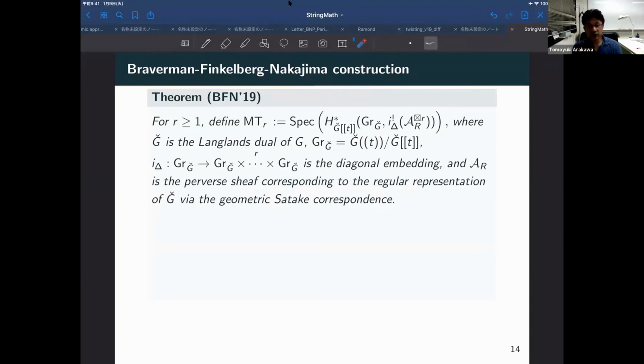But to define a finite dimensional variety, you consider an infinite dimensional manifold called the affine Grassmannian, where G check is the Langlands dual. And you consider a sheaf on the affine Grassmannian, which I denote by AR, which corresponds to the regular representation of G check via the geometric Satake. And you consider the box tensor product on this product of affine Grassmannians, and you consider a direct image. And they show that this sheaf on the affine Grassmannian is a ring object, so that the corresponding equivariant cohomology has the structure of a commutative algebra. So this is a commutative algebra, so you can take the spectrum. So you get some algebraic variety,